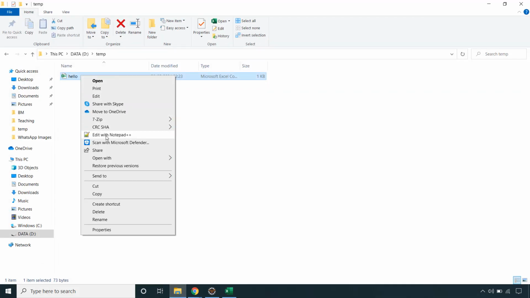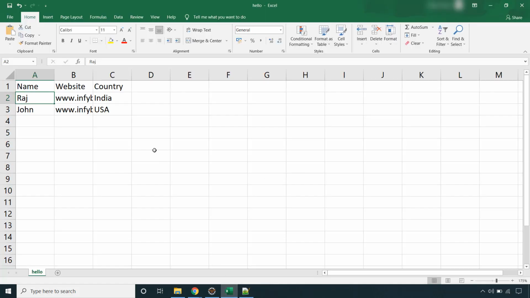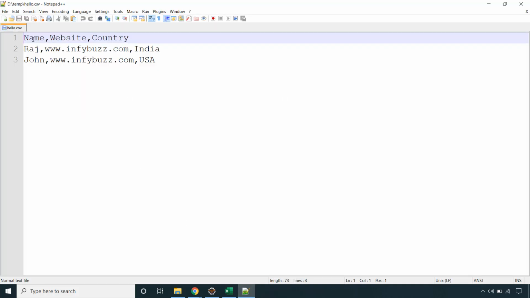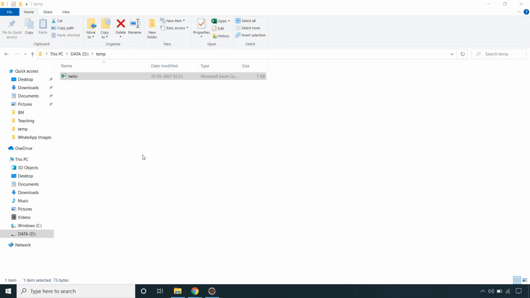Now this is our CSV file. Let's open it with Notepad++, okay? So this is how it actually looks. It will be a better view in Microsoft Excel, but this is the actual data. You see, this is our header and the values are separated by comma. That's why it's CSV. So this is what we are going to create in this video. Let me close this and this as well. Let's delete this one because we are going to create hello.csv in this video at this location.